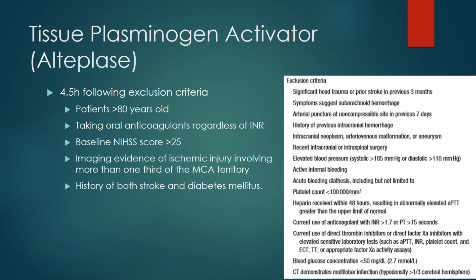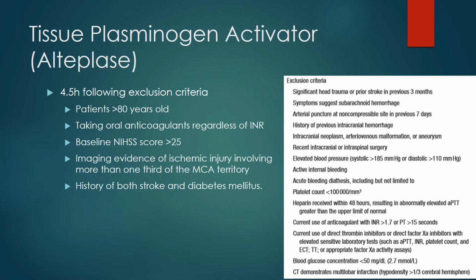So this slide is looking at some of the exclusion criteria of patients that cannot be administered TPA or shouldn't be administered TPA. Some lab values that we may look at as pharmacists: that elevated blood pressure I talked about, we want to treat to less than 185 over 110. Platelet count of less than 100K, patients shouldn't be given TPA. If they received heparin within 48 hours and have an abnormally elevated PTT, if they currently use anticoagulants with an INR of greater than 1.7, any patient that uses direct thrombin inhibitors or direct factor Xa inhibitors should not receive TPA,